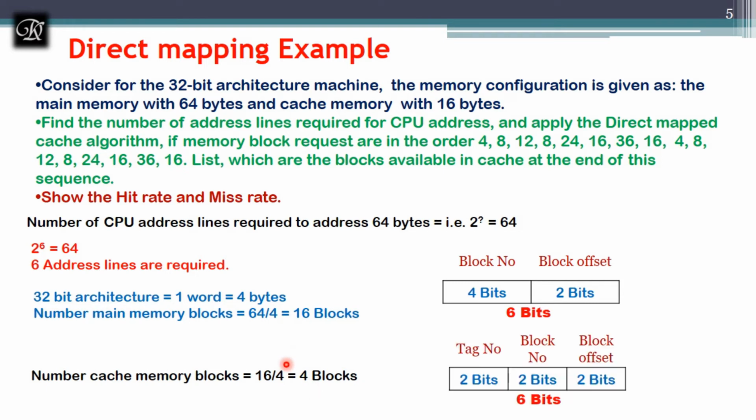So again, the given address we are going to divide. The 2 bits for the offset, as in the main memory, are constant, and to get the 4 blocks, 2 bits more are enough for me. And for the tag bits for hit and miss, I need the remaining 2 bits, which are used as tag lines. This is with respect to cache in the direct mapping example.